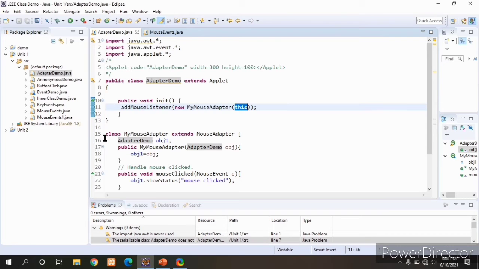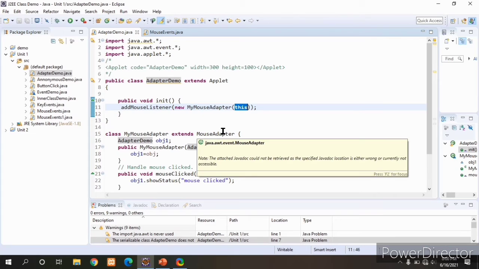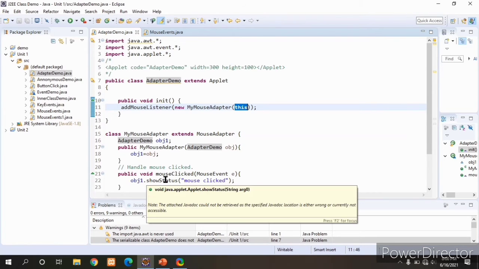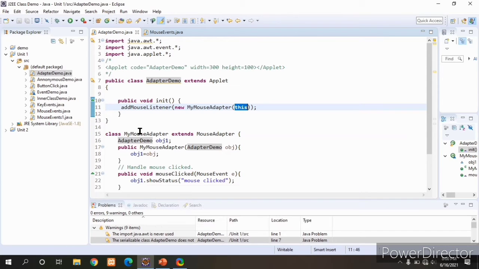Next, we are writing my mouse adapter which extends the mouse adapter and overrides the mouse clicked method. Now my mouse adapter acts as an event listener. When a mouse event is created, this my mouse adapter will listen to that event and execute the corresponding methods.